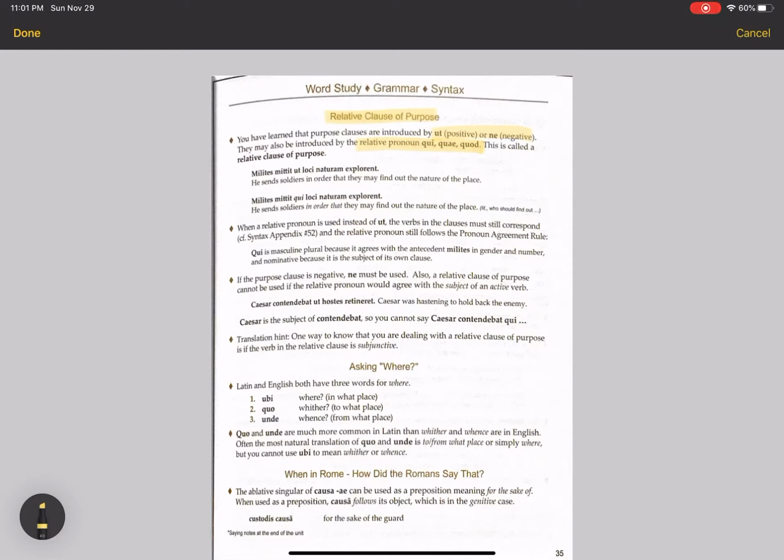One way to say this sentence would be: milites mittit ut loci naturam explorent. So we have he sends, mittit, the soldiers, milites, ut loci naturam explorent, so that, or in order that, they may find out the nature of the place. With this clause, we put ut there and we add a subjunctive verb. Now, another way to do this is to say milites mittit qui